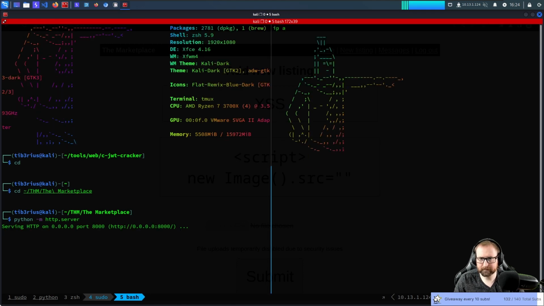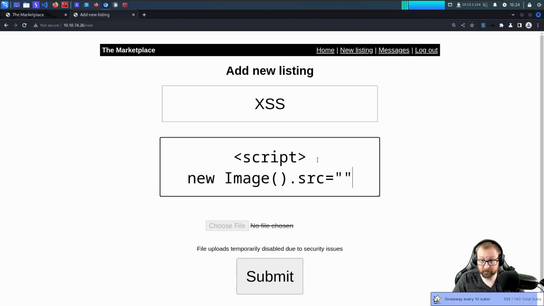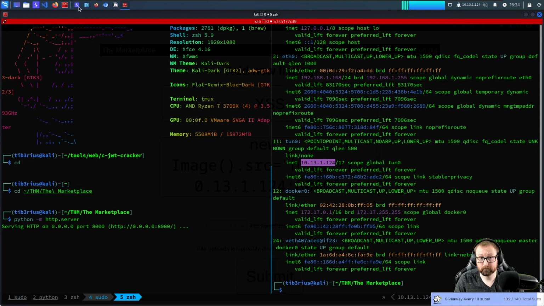And my IP address. Goodness me, that's a lot of IP addresses. It's this one here, though. So we're going to go HTTP, port 8000, I believe. Yes.